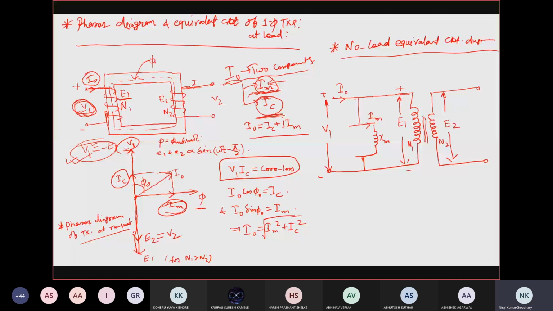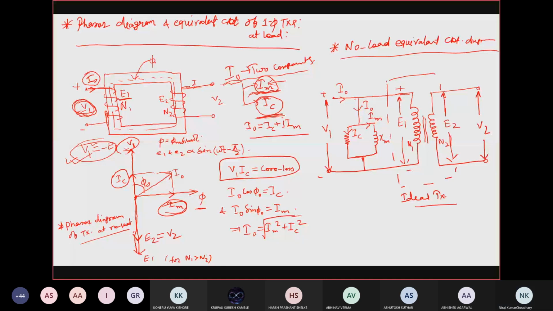ठीक है, ये हो गया तुम्हारा V naught यहाँ पे, sorry V2, which will be equal to E2. So this is the circuit diagram of an ideal transformer, equivalent circuit diagram of an ideal transformer. ठीक है, इसमें बताओ किसी को कोई कंफ्यूजन? No, sir. ओके,